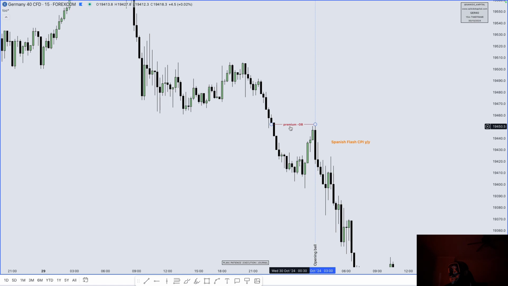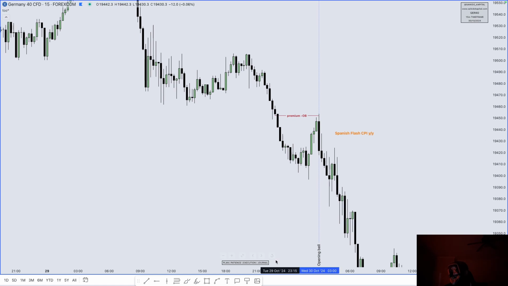This is not a premium order block on 15. It's just a fair value gap. But on a smaller time frame, because I was looking at the swing high and the swing low, we had premium. So at premium, we have this imbalance here. So we just swung during the opening bell to this imbalance, and then there was a bearish market structure shift. Now I'm going to go to the 5-minute chart and show you